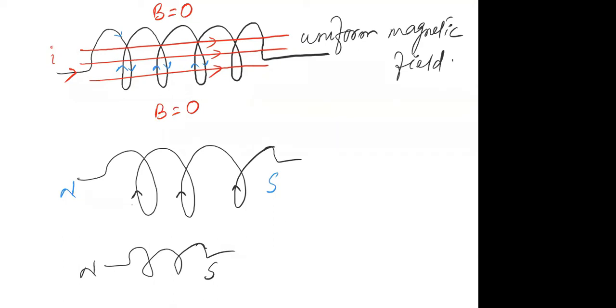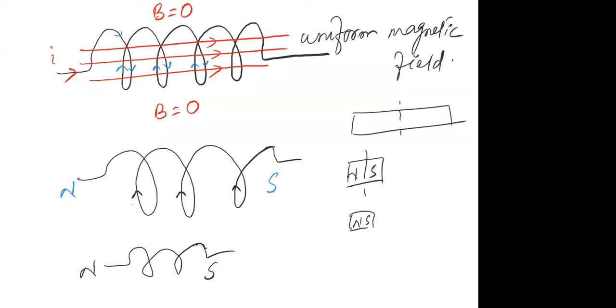So like a bar magnet, solenoids also have two poles. Like a bar magnet, solenoids are dipolar. If you cut a bar magnet in two pieces, then also it will have two poles, north pole and south pole. Further, if you cut into two pieces, again you will observe two poles, north and south. Every bar magnet is dipolar. In the same way, every solenoid is also dipolar. It has two poles, north pole and south pole. Right? Now we are interested to find the value of magnetic field.